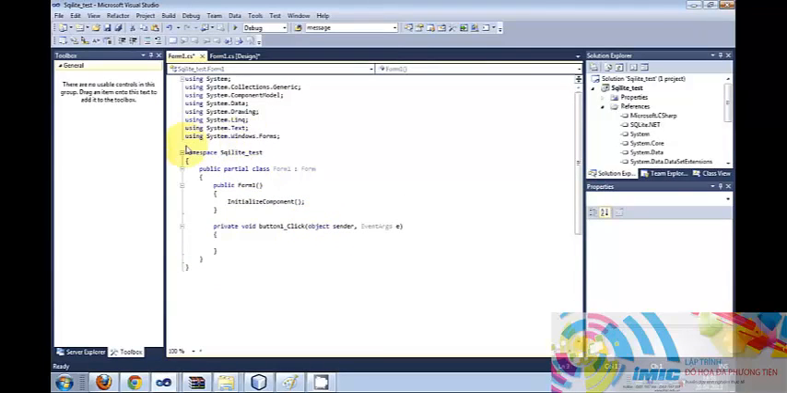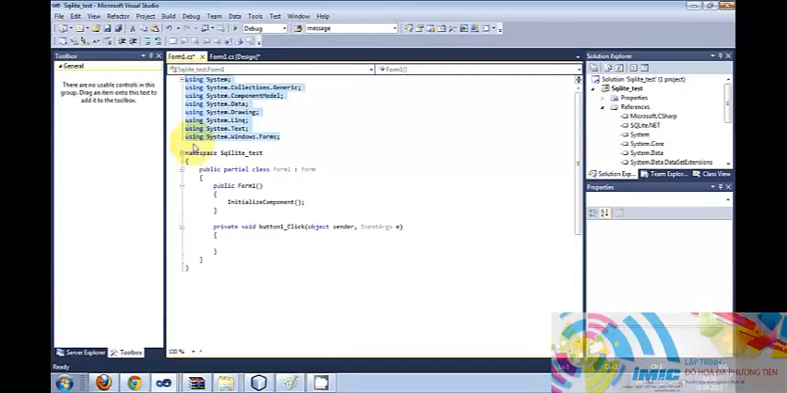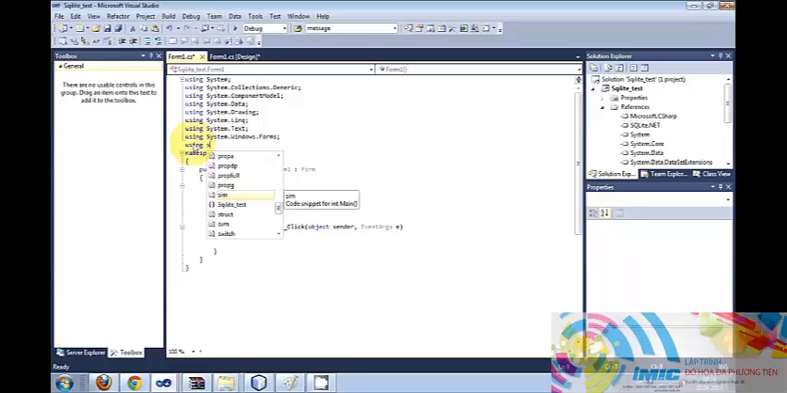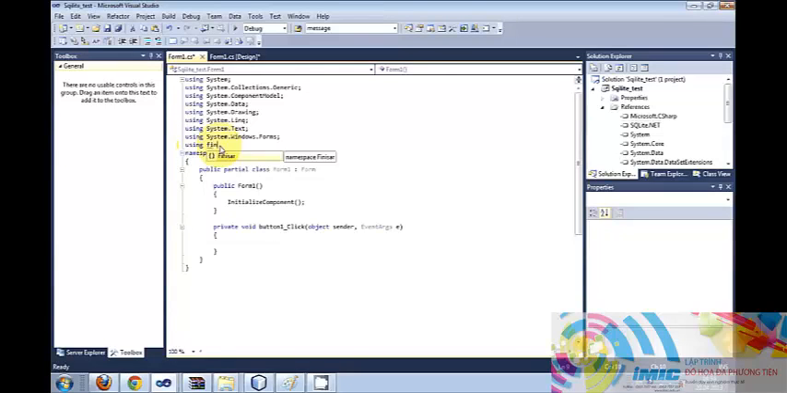Go to the top where all the using imports are, and write using, not system, but write Finisher dot Sqlite, this Sqlite file, import it. And now in the code section of your button click event,